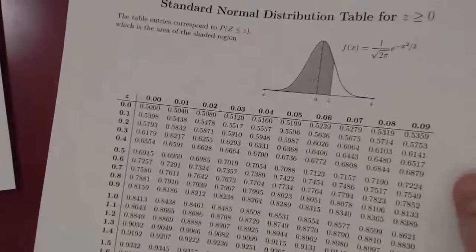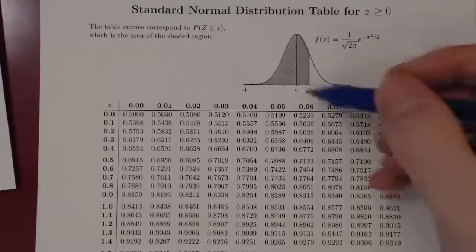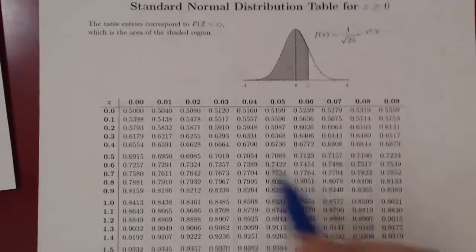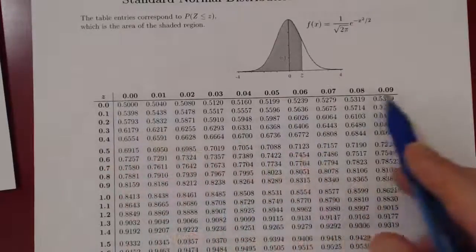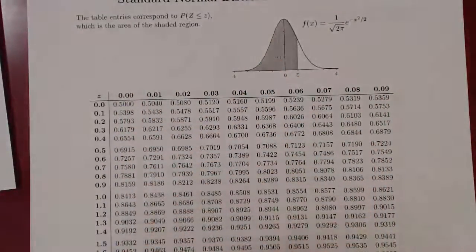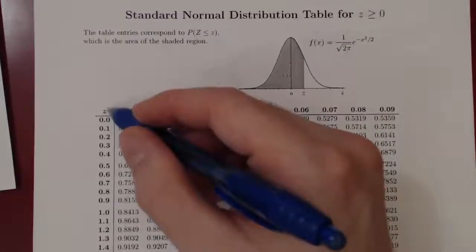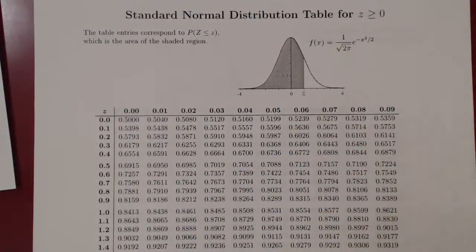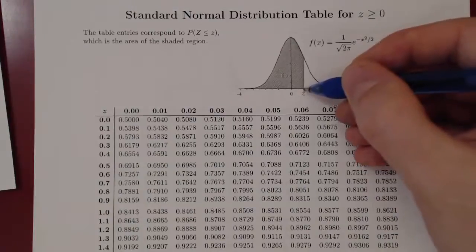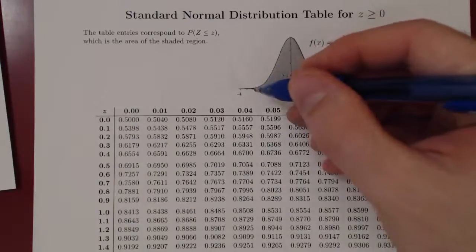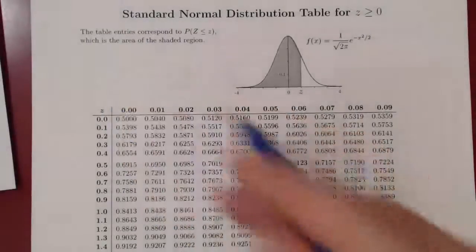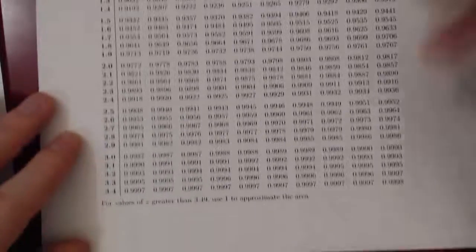Okay, so for positive z values, where do we find the area in this table? The row and the column will give you the z values, and the entries in the table are the probabilities. So we want the area to the left, if you remember, of 2.33. So we say, well, z is equal to, and we go down,